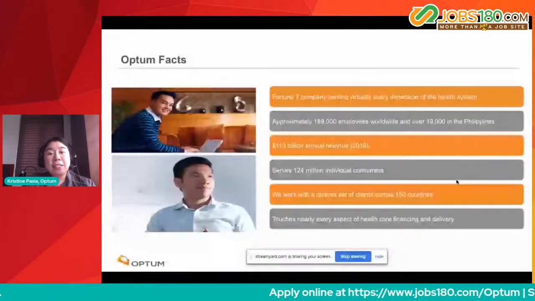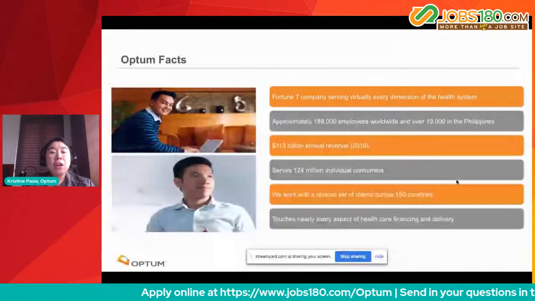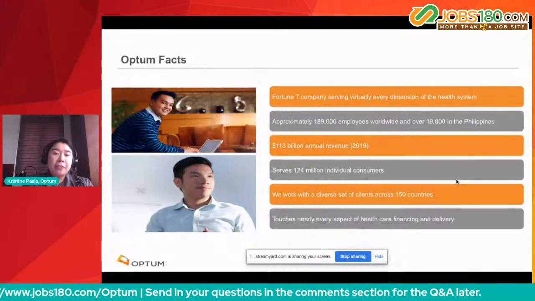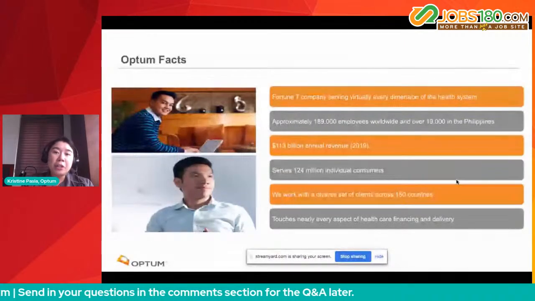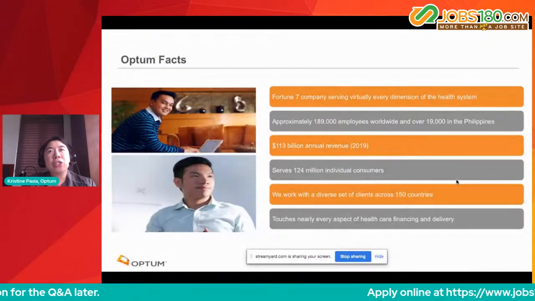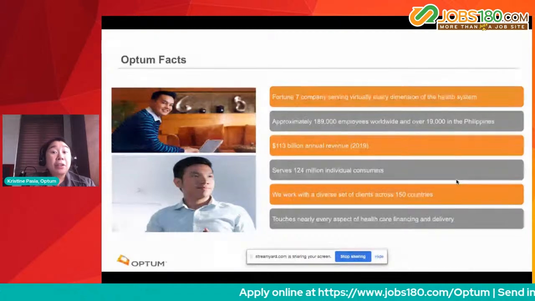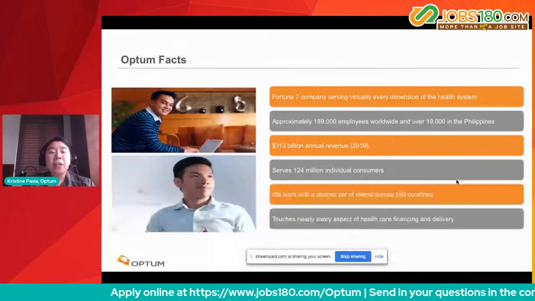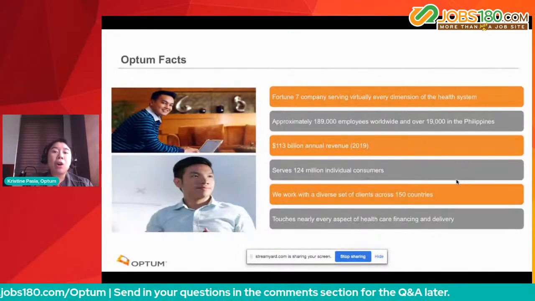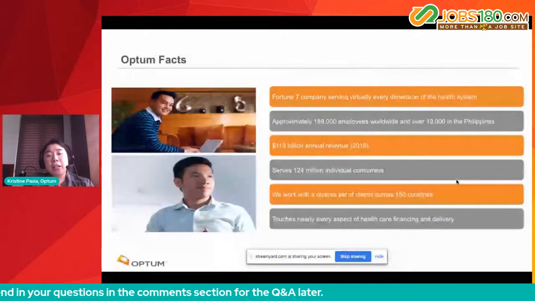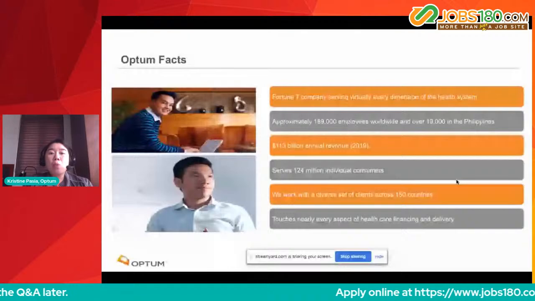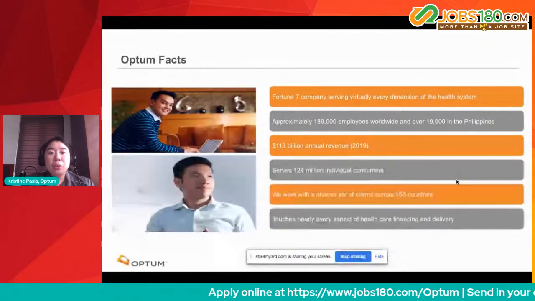And Optum specifically is the technological side of the business, meaning we would like to innovate more the healthcare business. So locally in the Philippines, if you compare us to a company or an organization, I think the closest that you can get to our organization would be like your parents' health cards, or if you have an HMO yourself, that's MaxiCare or IntelliCare. So it's very much similar to that, but definitely Optum is bigger and touches nearly every aspect of the healthcare financing and delivery systems, meaning we're definitely much global when it comes to running the healthcare